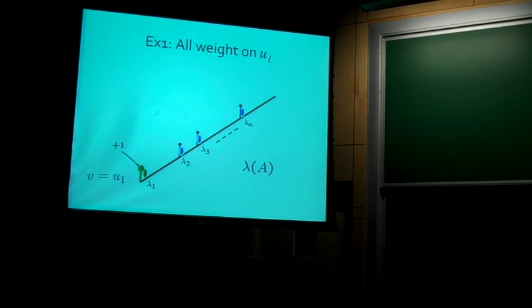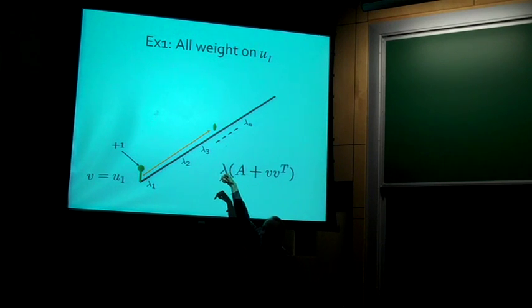So let's say that I put all of my weight on u1. I add a vector in the direction corresponding to my smallest eigenvalue. Okay, there are two ways to analyze this. One is that you ignore all the other eigenvalues. They're completely irrelevant now. This is simultaneously diagonalizable. And you just see that this charge is going to push up that eigenvalue until it balances the force of gravity, forcing it down.